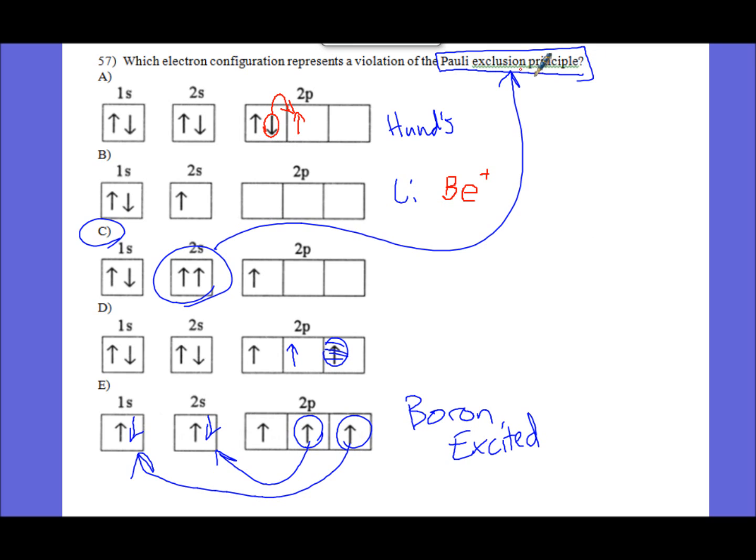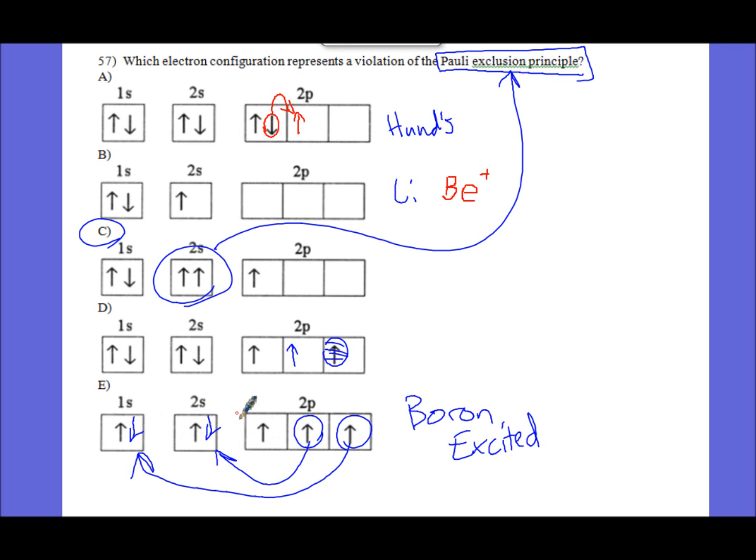It is a Pauli exclusion principle violation right here. These 2 electrons have the same spin, and they should not. And then D technically is wrong in terms of the way it's drawn. They should not have had this electron here. They should have really put it there. We always go 1, 2, 3, the first, the second, the third box, and then come back and double them up. And then E